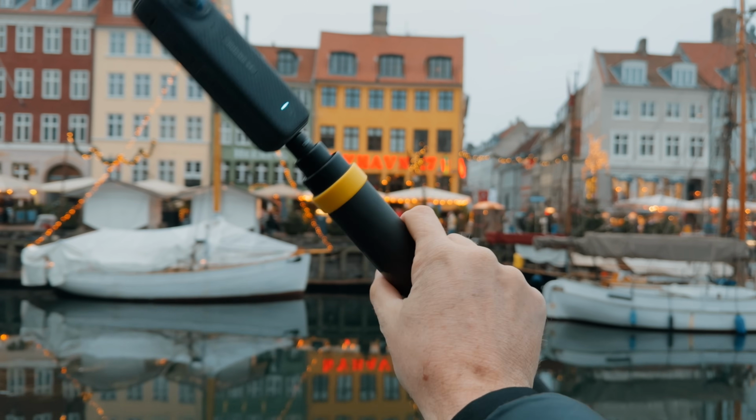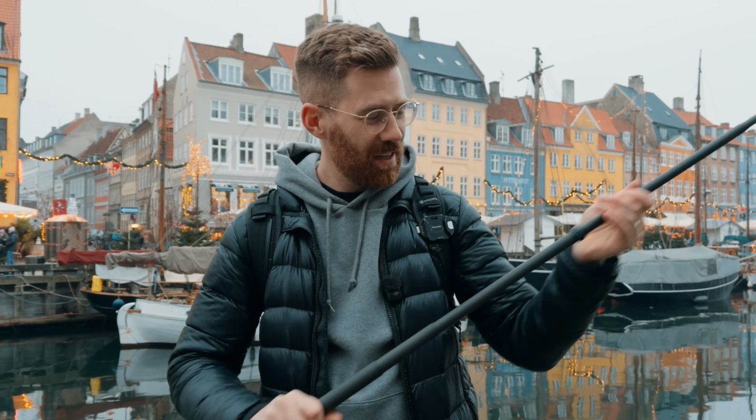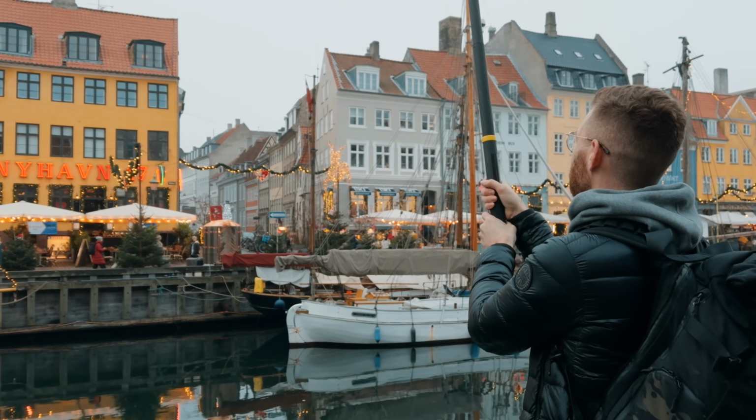But if you really wanna have fun, I recommend getting the extra long selfie stick. This is up to 3 meters. So if you're somewhere that doesn't allow drones,